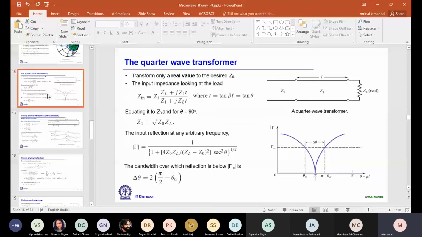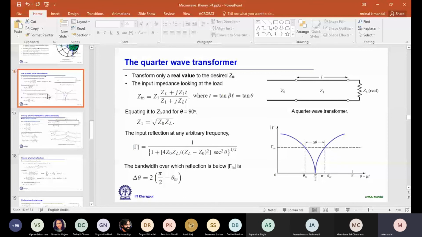Well, so next topic is the quarter wave transformer, and the basic things we already learned. Here we are going to discuss its bandwidth also. Let's say we have a ZL. Till the previous problem, we considered complex ZL. Here, now we are considering a real value of ZL, no X part or no B part. Then only you can use a quarter wave transformer.